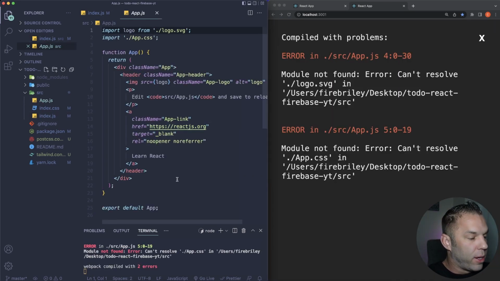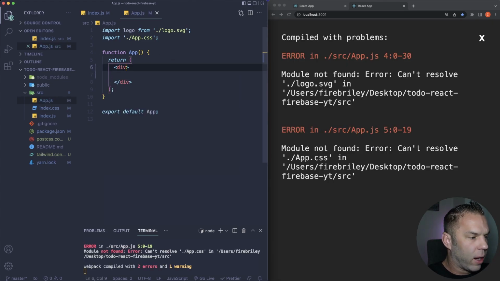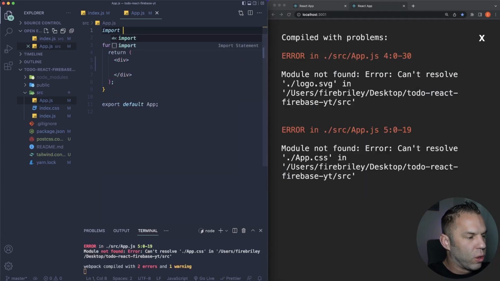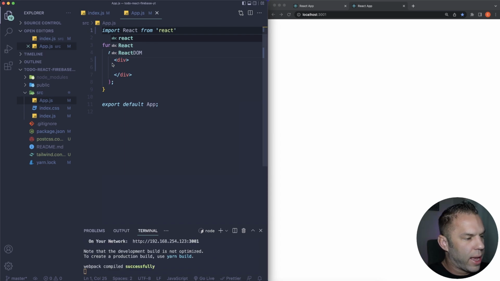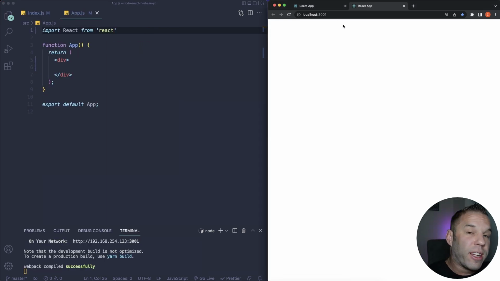Inside of the app.js, let's go ahead and delete all of this JSX code in here. We'll just leave the surrounding div tags. And then up here at the top, we'll just replace that with import React from React, just like that. Looking good. Okay, so now we have created our React application, we have installed Tailwind, and now we are ready to start